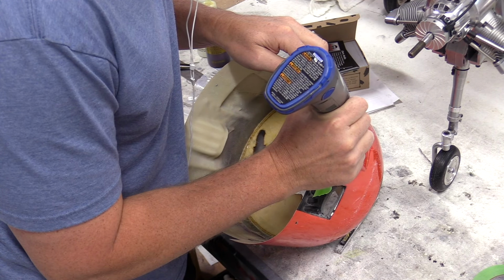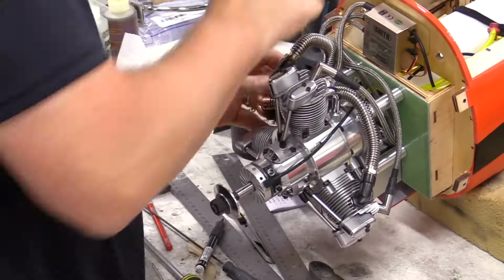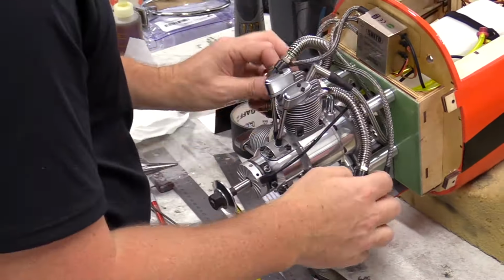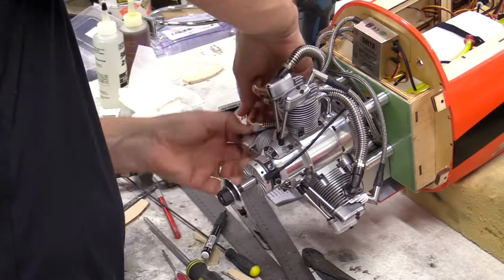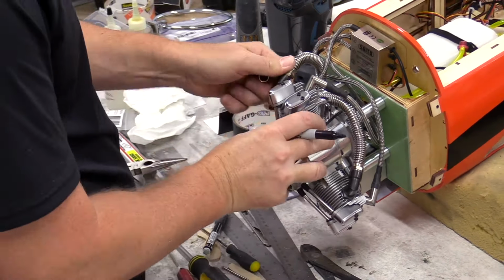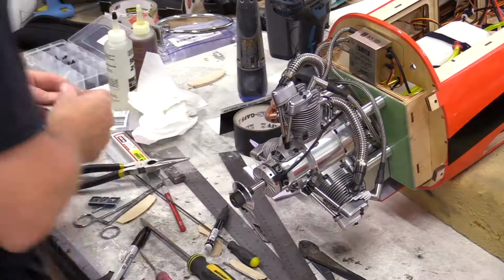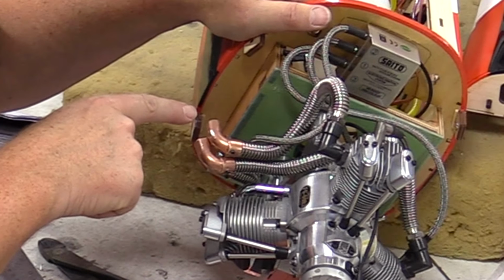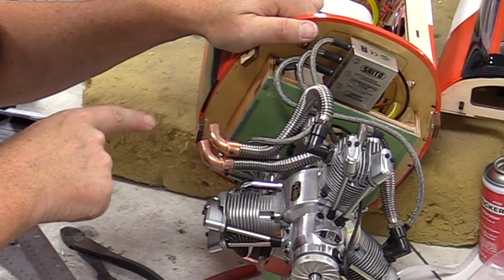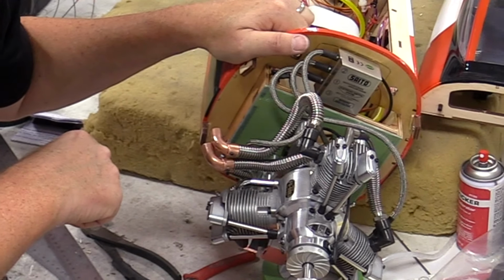So lastly, the radial engine came with this flex tubing, and I really wanted to try and get the exhaust in the scale location. What I ended up doing is moving all of that around and bending and manipulating that flex tubing so I could route it to the cowl exit where the scale exhaust is. This right here is a pain in the butt. I routed them all to one side, and it ended up working out really great. Now, they do have some play, so we'll see how they move in flight once we get there,